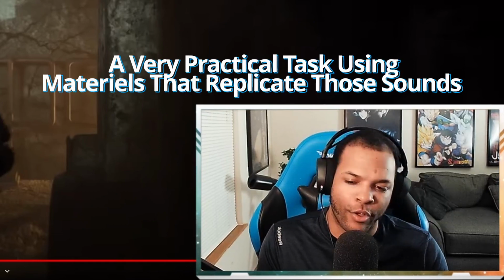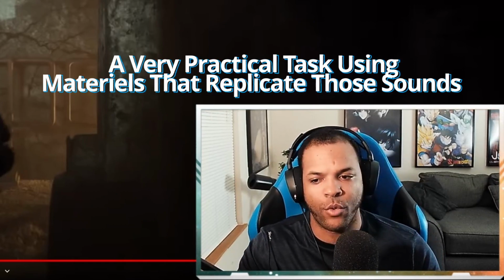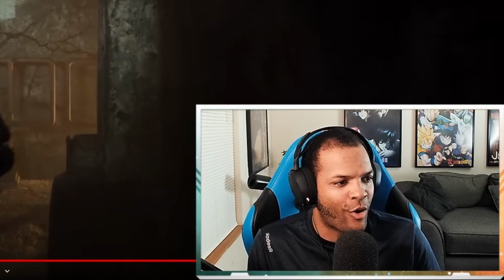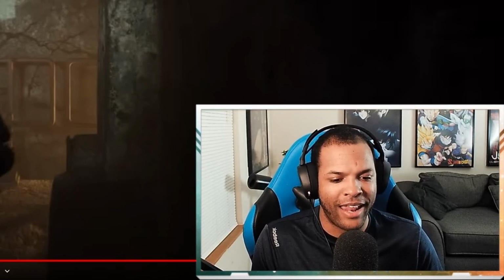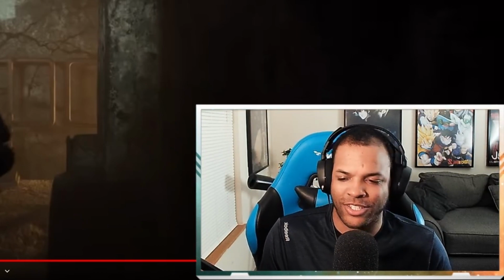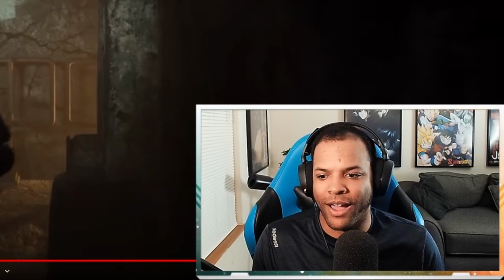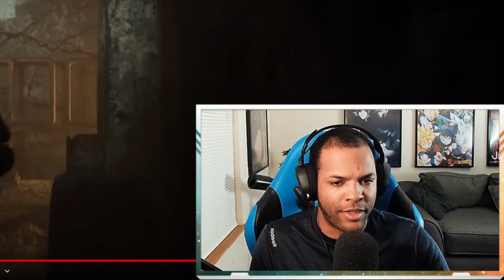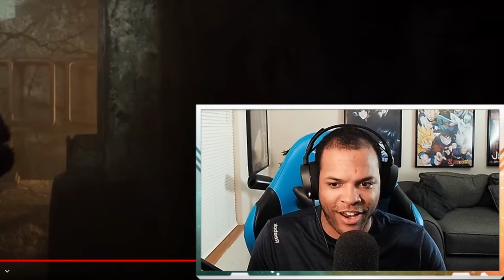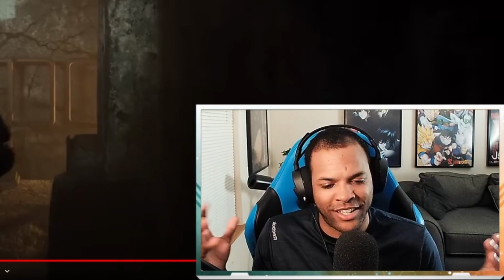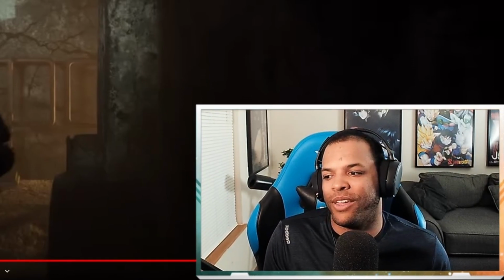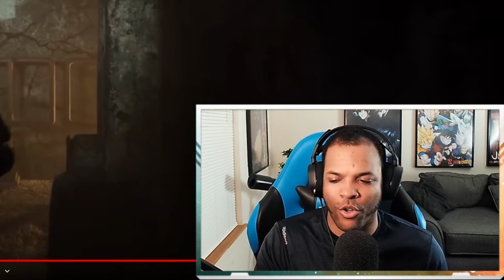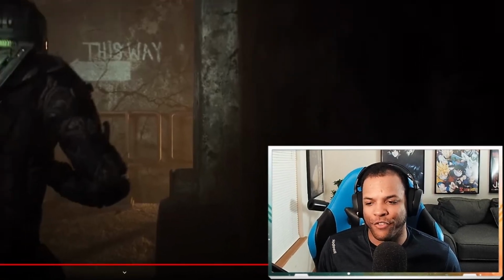Like when the character is obviously walking in a muddy area, they got the microphone up to the actual actor in the moment of recording, just stepping on wet mud, or using the sounds of the monsters walking, and they're just sitting there recording themselves actually making those sounds. That stuff is so neat. It's so neat to see how they create that stuff to actually make it all work in the finished product.